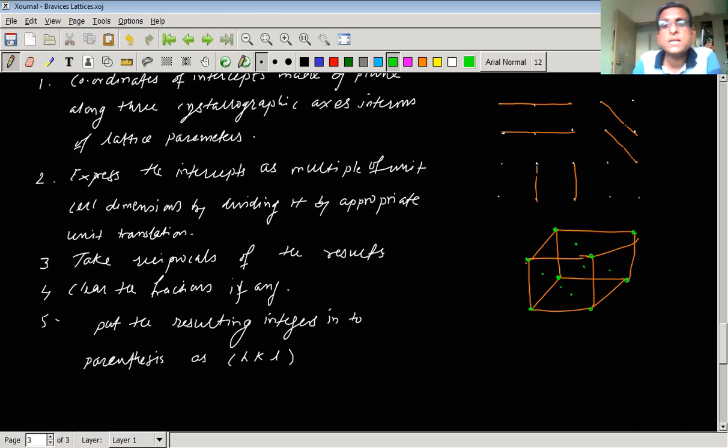Now, as far as the planes are concerned, we can think of different planes here. For example, each face of the cube can be a plane. Suppose this is a book. So this is one plane. There is also a plane at the back side, a parallel plane. Similarly, this will be the upper plane, this will be the lower plane, this will be the plane at the side, and this will be another plane on the other side.